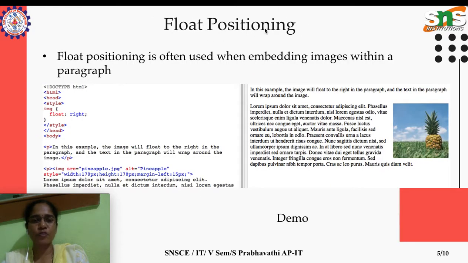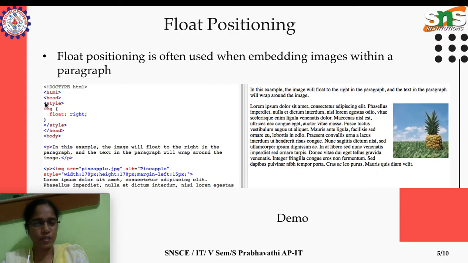And float positioning is often used for inline elements like image, span. Here we are taking an example for an image. It takes values: none, left, right. Just look at this example.